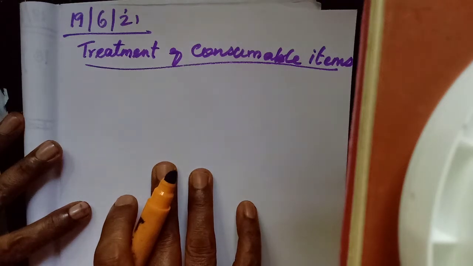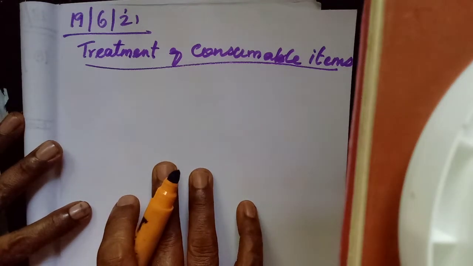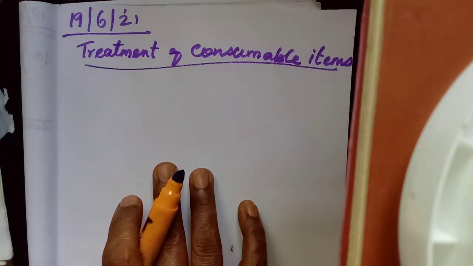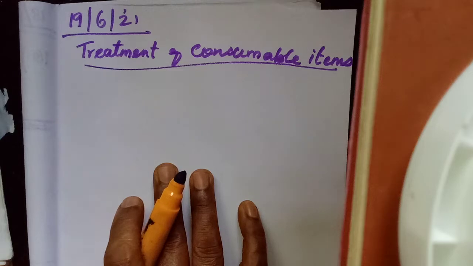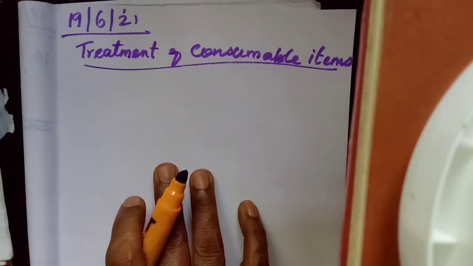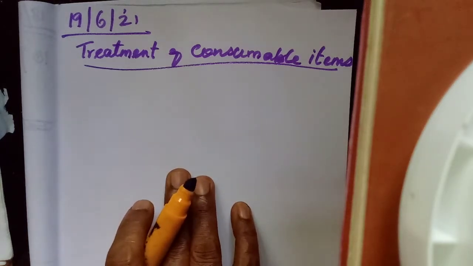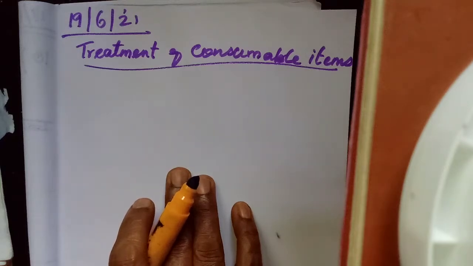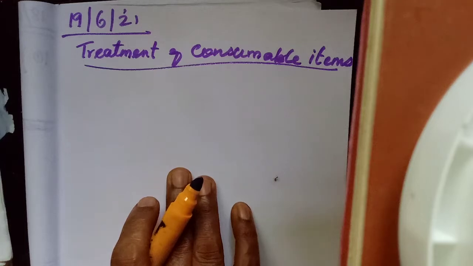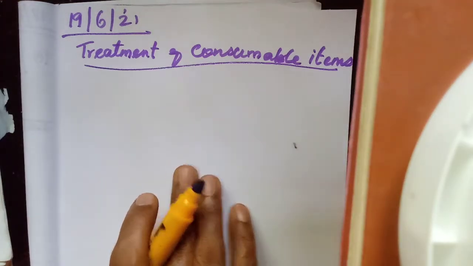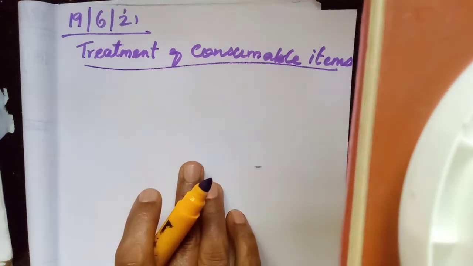In the second lesson, accounts of not-for-profit organizations, we have learned how to prepare the receipts and payments account and the income and expenditure account. And third, we have learned how the subscription will appear in the income and expenditure account and the balance sheet. Now we will see some of the other expenses or consumable items, for example, medicines or sports materials or stationery. How all these things will appear in the income and expenditure account and in the balance sheet.